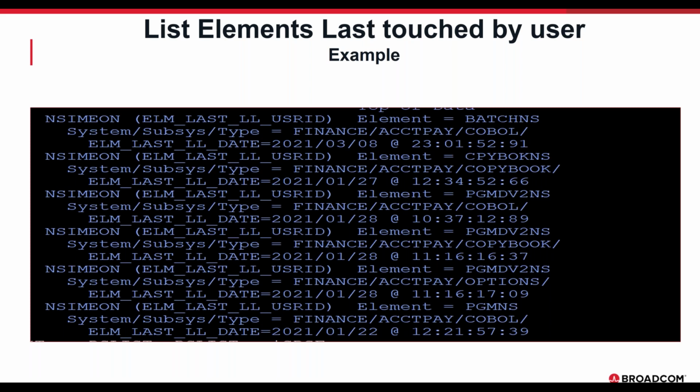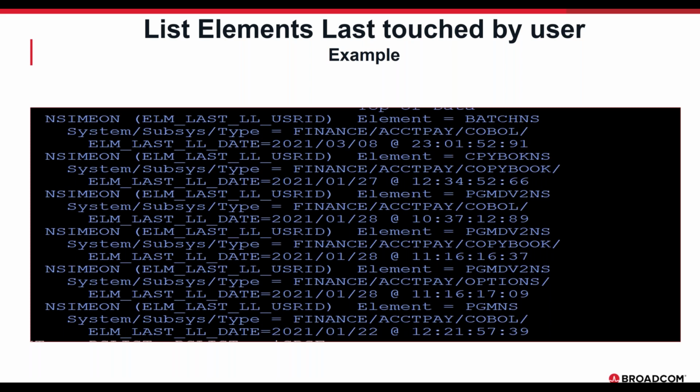And to the far right of the first line is the element name. And that's the element that was last modified by this person who we're searching through Endevor inventory for. On the second line, you'll see the Endevor system, subsystem, and type values. And on the third line, you see the date and the time when that item was changed by this person